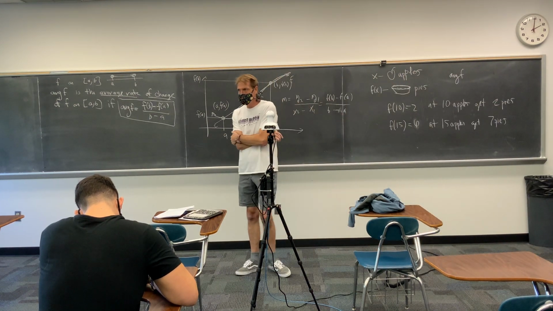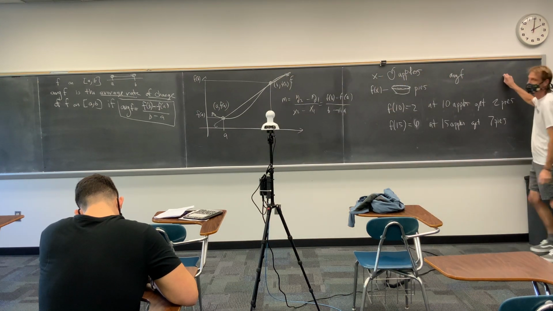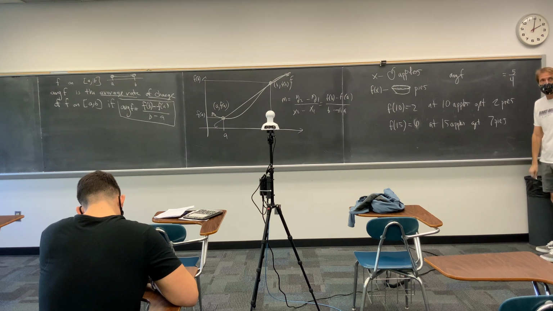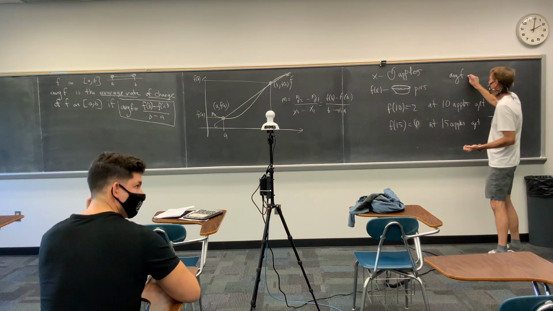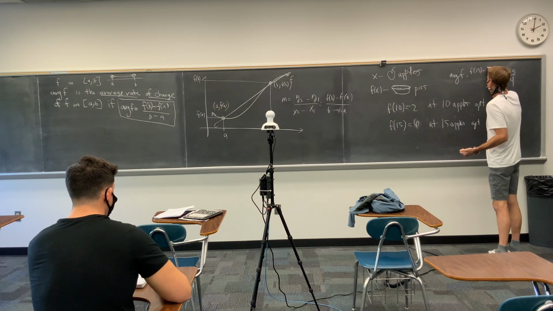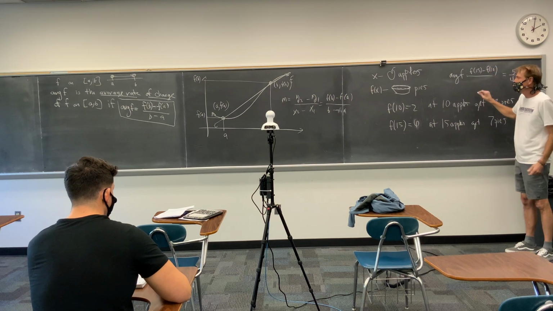Okay, when you're done, tell me what your answer was. What'd you guys get? 5 fourths? How many people got 5 fourths? Okay, if you're looking at it, it'd be f of 15 minus f of 10. Did anybody have that? Then divided by